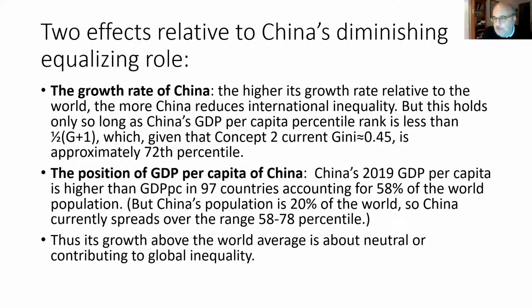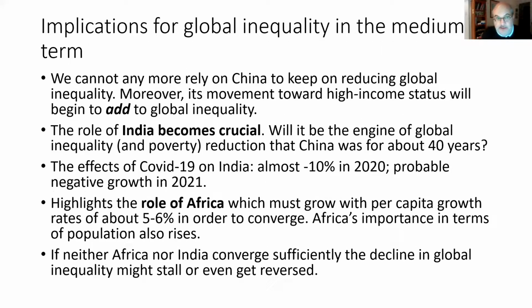It would, of course, reduce global poverty, but it is not going to reduce global inequality, which has very important implications. It means that countries in Africa and India become crucial for the reduction of global inequality. I will not talk more about that today, but I just wanted to highlight the fact that while China has been the crucial engine of the reduction of global inequality for almost 40 years, the very fact that it has now become an upper middle income, relatively wealthy country means that it is no longer that engine. That engine now has to be India and has to be Africa, which is the only